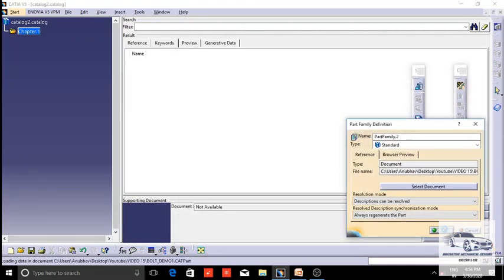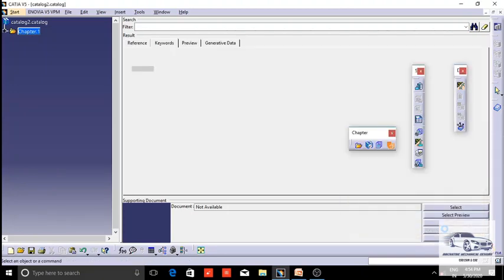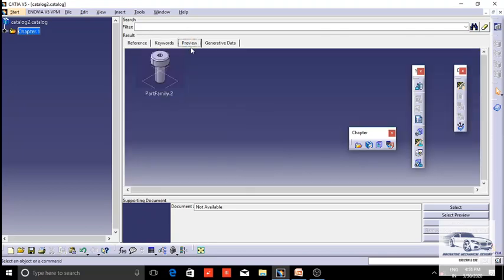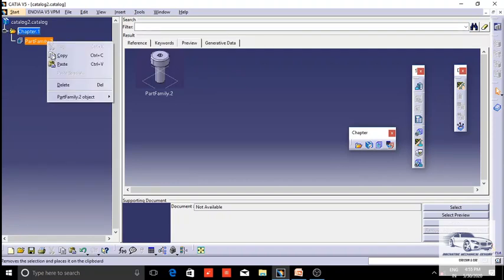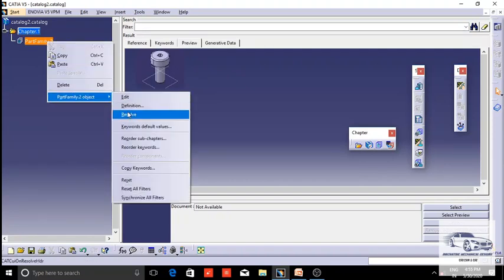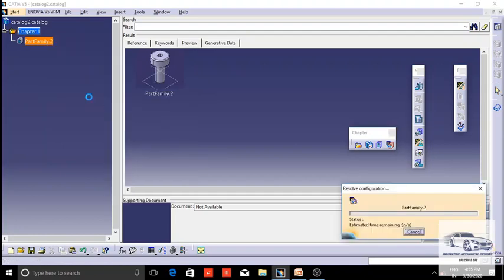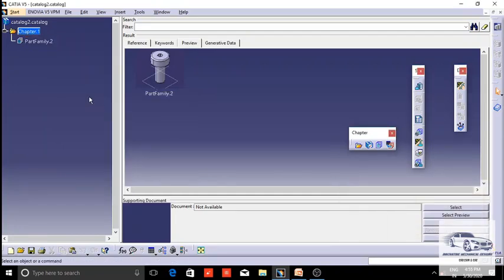Then we will click here OK. Now if we click at this particular part family and take a look at the preview, we can see that our part is appearing here. Now before going further, just click your part family feature, right click and click on resolve so that all the changes are updated here.